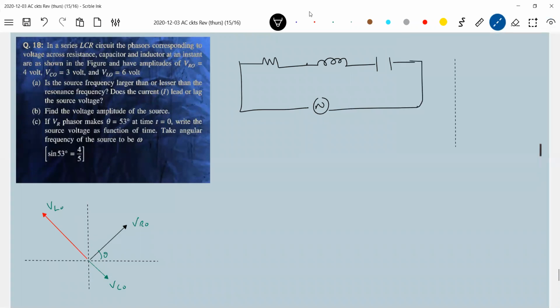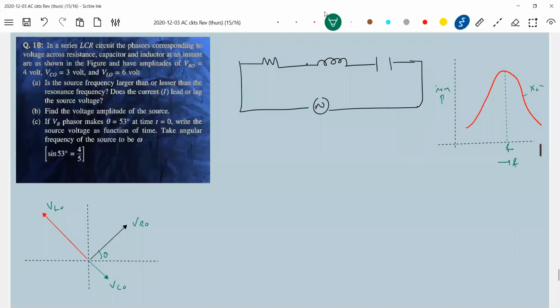At resonance, what are the conditions here? At resonance, XL equals XC, no? So here what we get: IRMS, this is the resonant frequency, this F. Here we'll get XL greater than XC. There's a condition, no? At this particular point, XL equals XC. Then in this particular situation, which drop will be more if XL is greater than XC and the same current flows?